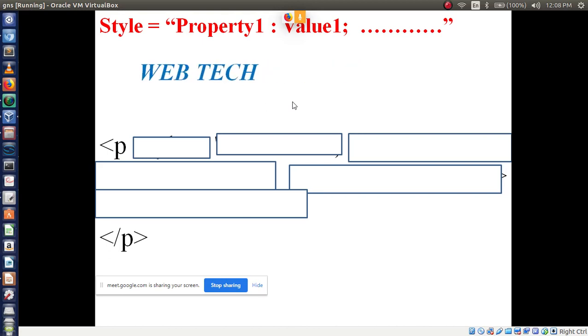Clearly I have mentioned here p, then closing the p. Now we have to apply a design like this.